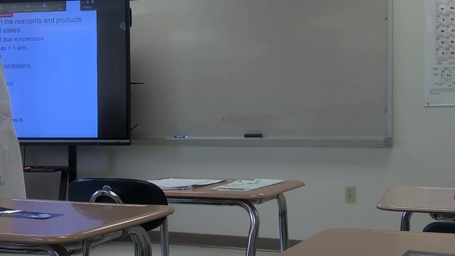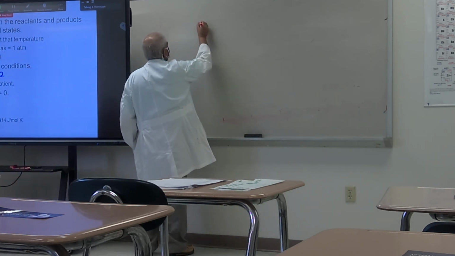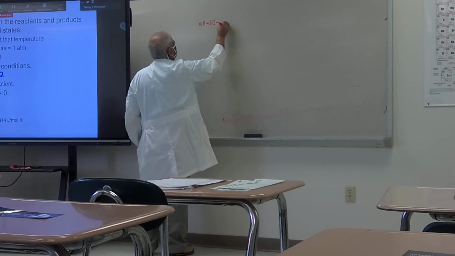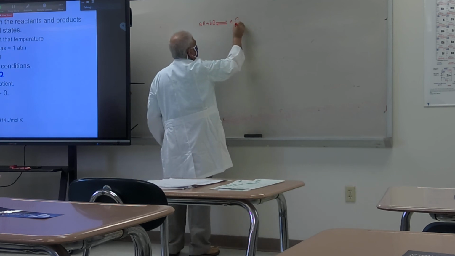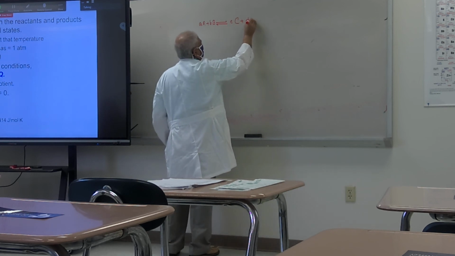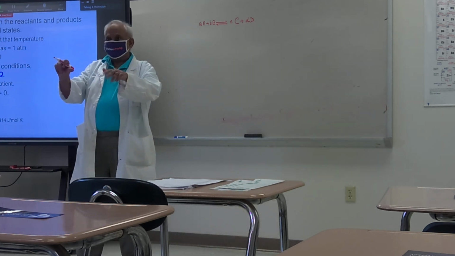If you apply the law of mass action, before the reaction reaches the state of equilibrium, I hope you still remember all this, if you have a moles of A and b moles of B, this is reversible, c moles of C plus d moles of D, when this reaction is at equilibrium,